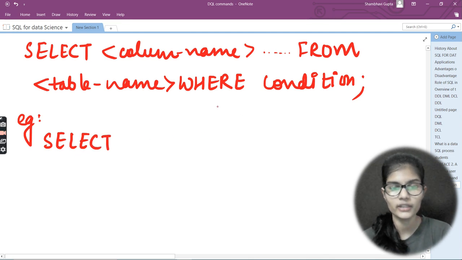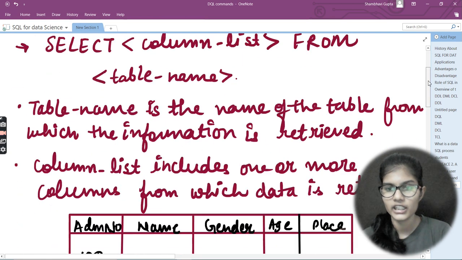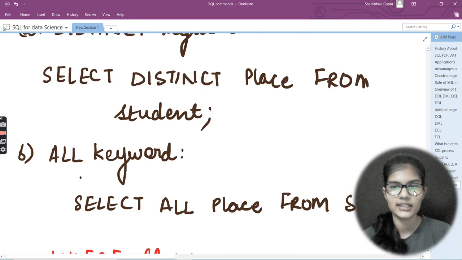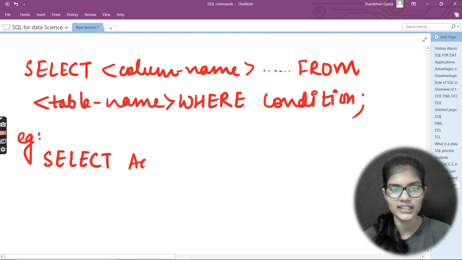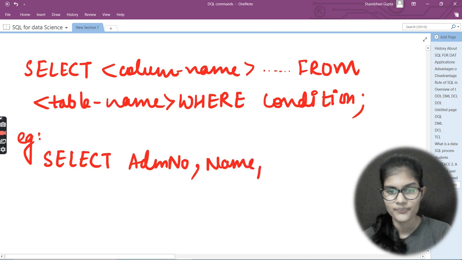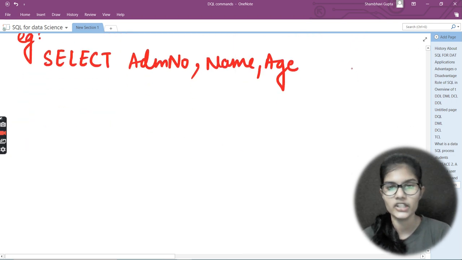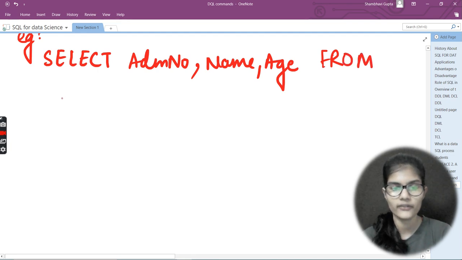After that comes my column names. Let's take the first three: admission number, name, and age. So SELECT admission number, name, age, then we have FROM. Here comes student, which is my table name.